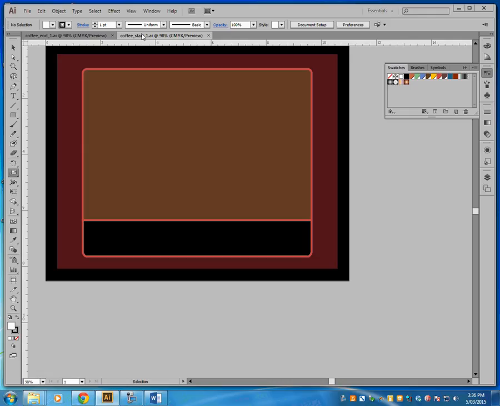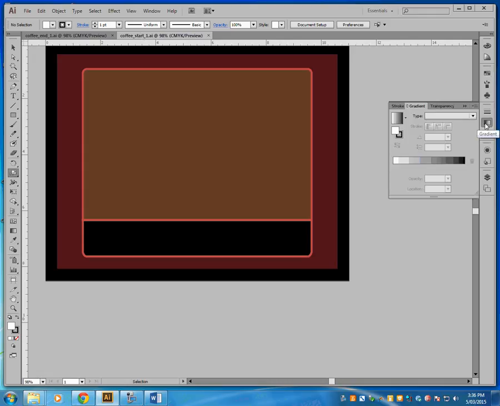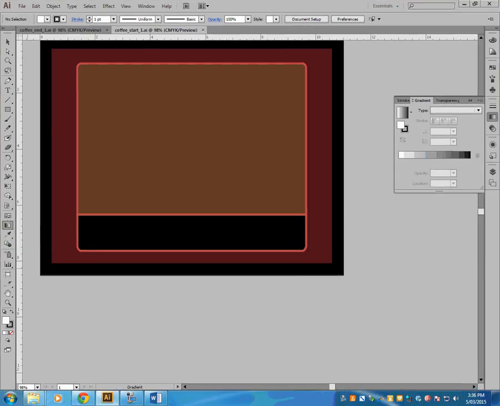So there's a couple of ways, like with the colours, you can do gradients. There's a gradient panel. Okay, so here's the gradient panel. There's a gradient tool. Okay, so on the toolbox there's a gradient tool. And at the bottom of the toolbox there's also, like underneath where you've got the fill and the stroke icons,